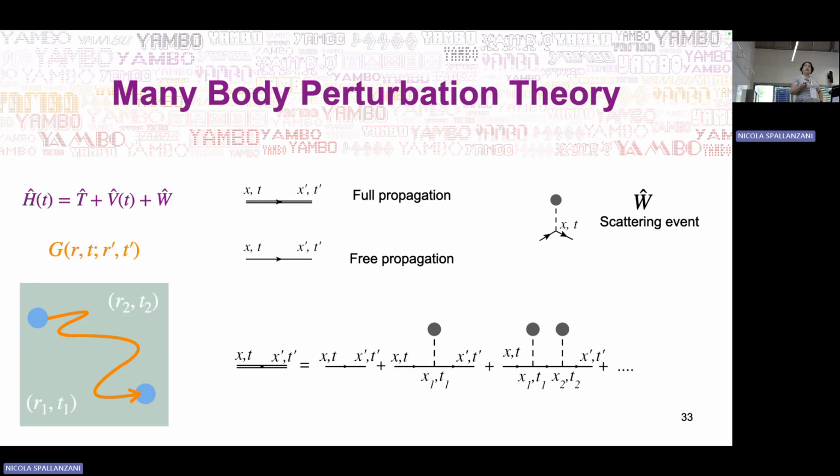So let's go back to the many-body perturbation theory that Andrea Marini introduced before. We have our system with a kinetic energy, an external potential, and a two-body interaction that can be the Coulomb interaction or a screened interaction. And we have our Green function that gives the propagation of a particle, and it can be written like this. And within this path, many things can happen to this particle. So it can suffer different scattering events that are represented here by this symbol.